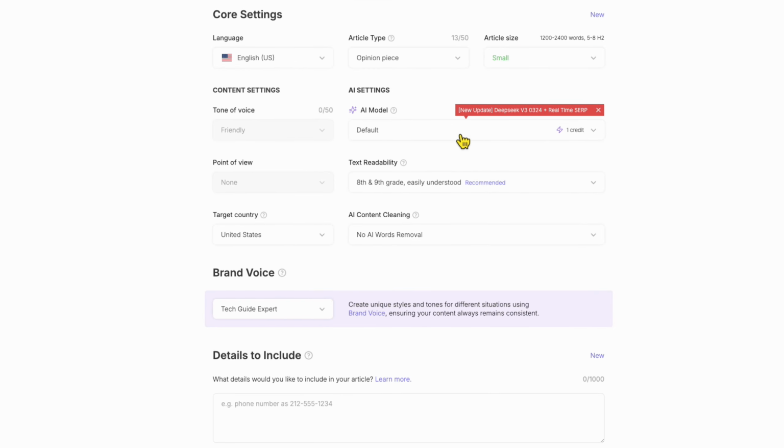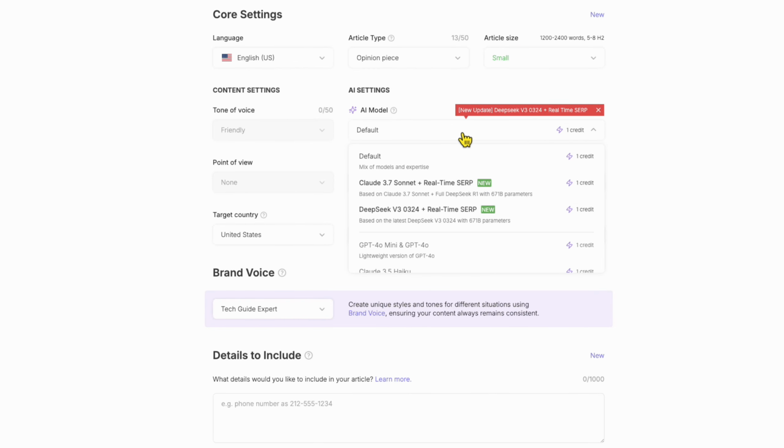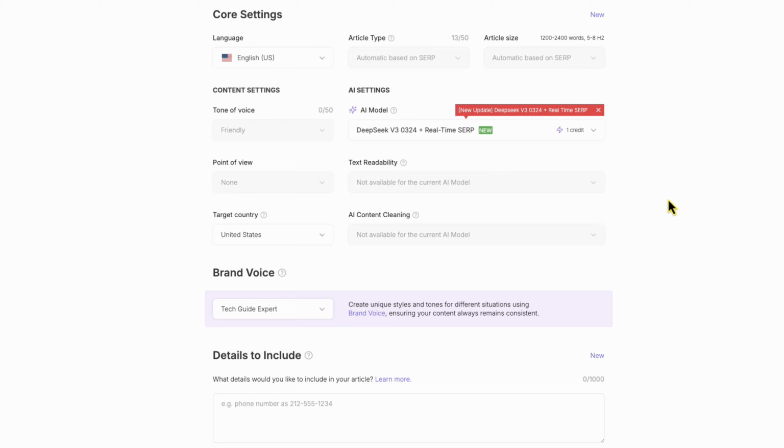So then the next thing to do is to choose the AI model. Now we're going to choose DeepSeek because SEO Writing have recently added DeepSeek with real-time SERP. So let's go for that, see how that performs. And also to note that if you do choose DeepSeek, then text readability and AI content cleaning are also not